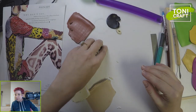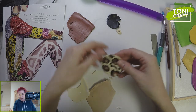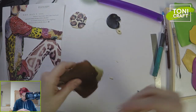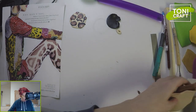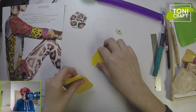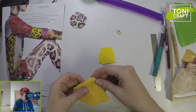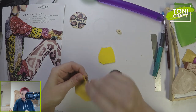Okay. I think that's good enough for a giraffe for now. Let's see. Move on to cheetah, which is these and some black. Unfortunately I don't have a ton of yellow today. I think what I'm going to do...